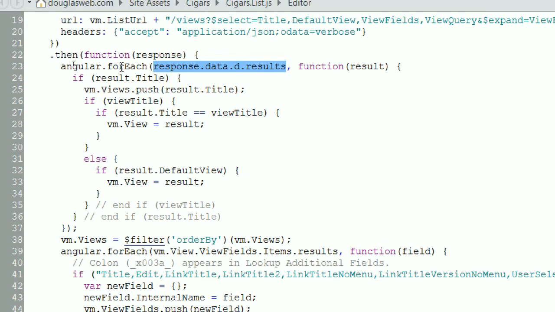We're going to do the Angular for each to loop through all of these results. The individual iterations are called result. So if result title is not blank, we're going to add the view to VM views. There are views that Angular creates that do not have a title. We don't want to show those, so we're not even going to load them. Then